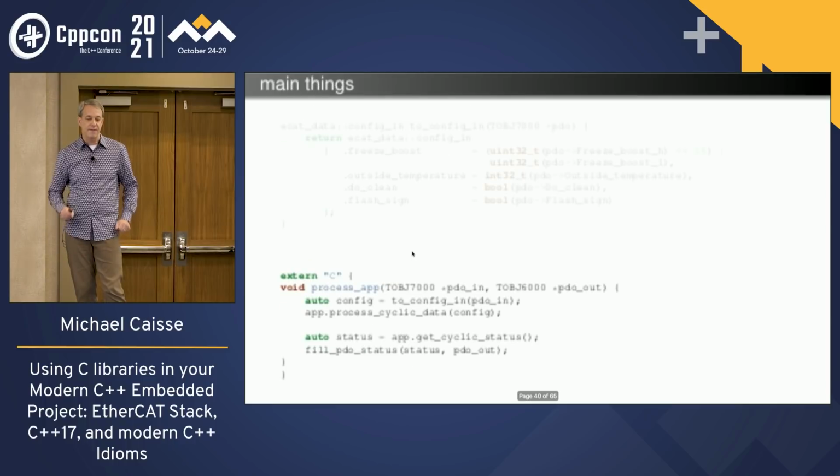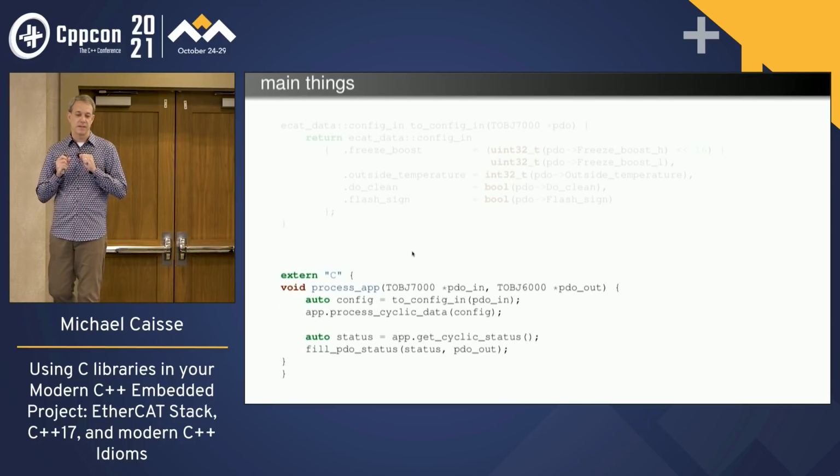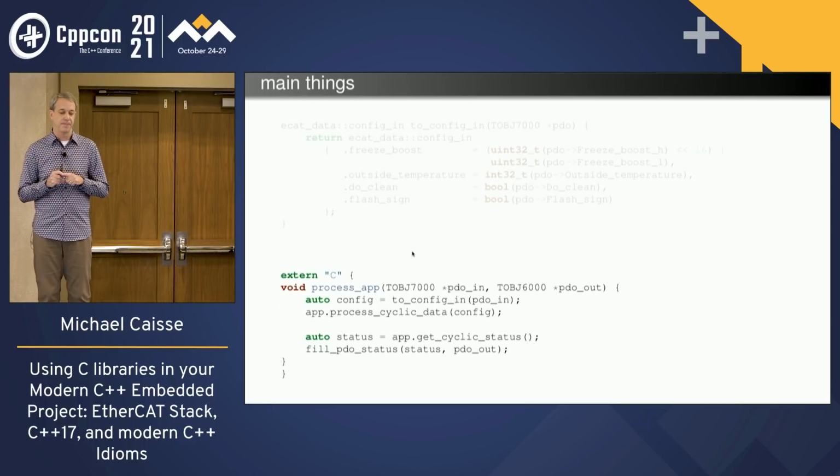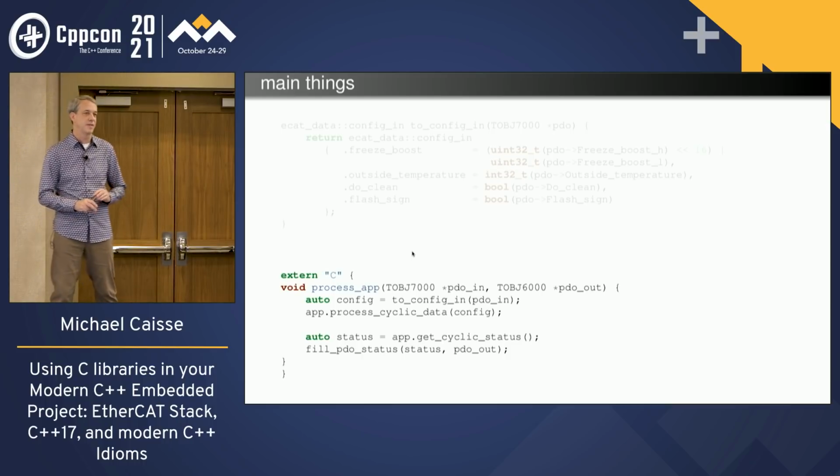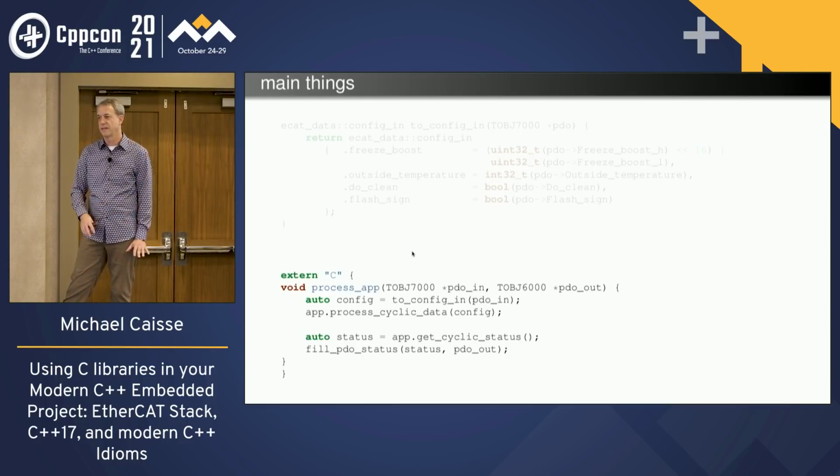So once I have this process app portion, this is getting called, this is the part that gets called kind of asynchronously in the system as things are happening. It's not necessarily controlled by the main loop. So this is the oddity inside of all of this. You can just think of it as like, this is the interrupt routine that occasionally messes with you.